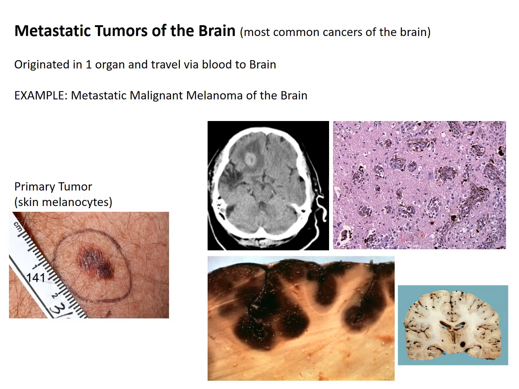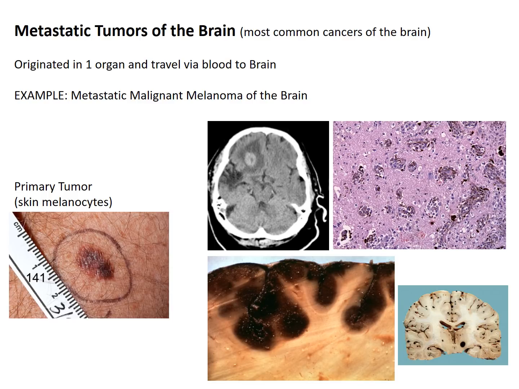So the melanoma began somewhere on skin, and now you can see various examples, right? You can see a CT scan showing the large tumor in the right frontal lobe. You can see the biopsy of all those malignant melanocytes in the brain parenchyma. And then on the postmortem sections, you can see that